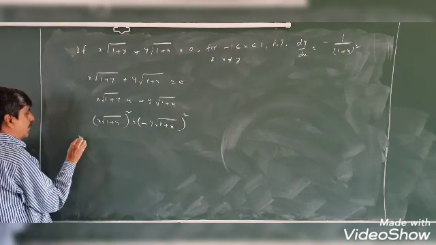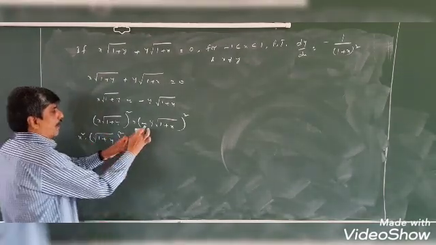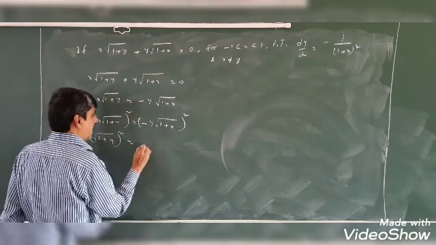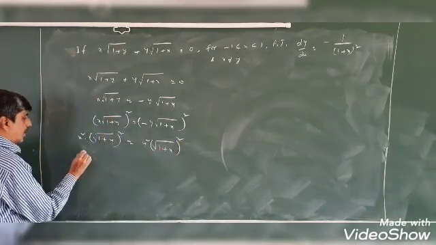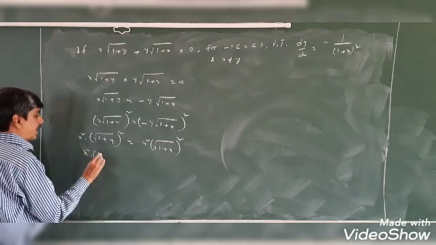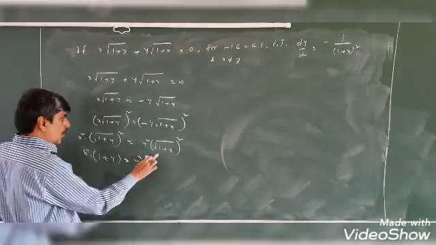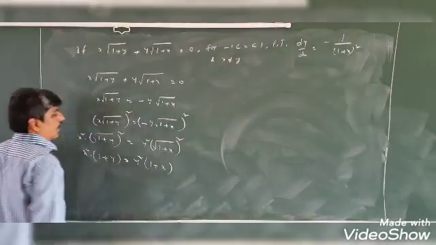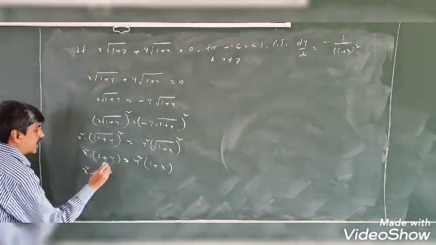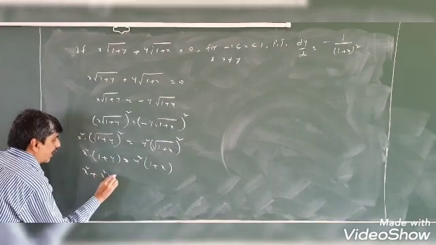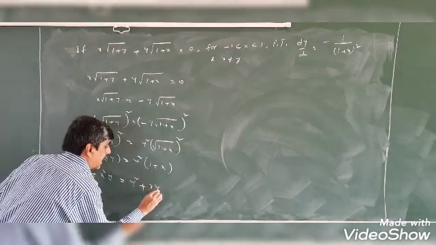a to the power of m, means x square into root over 1 plus y whole square. So minus whole square, this is plus; y into square is y square into root over 1 plus x whole square. So x square, root and square both will cancel. So this is 1 plus y. So y square, root and square both will cancel. So this is into 1 plus x. Expand this bracket. So x square into 1 is x square, into y, so plus x square y is equal to y square into 1, y square, plus y square into x, x y square.